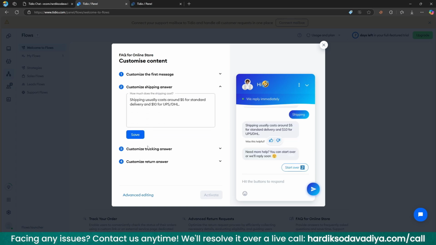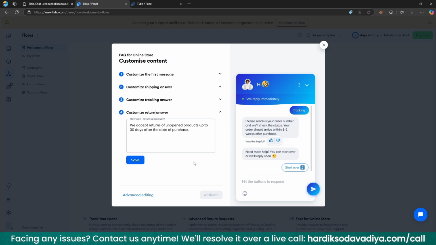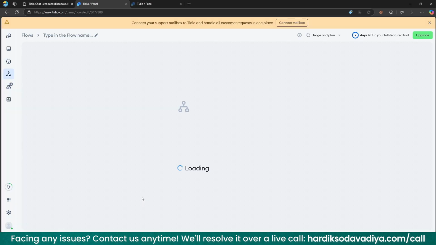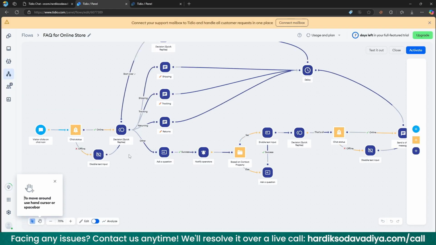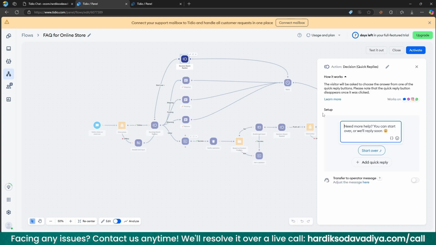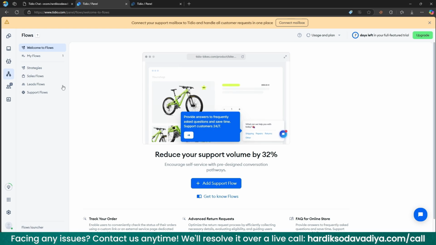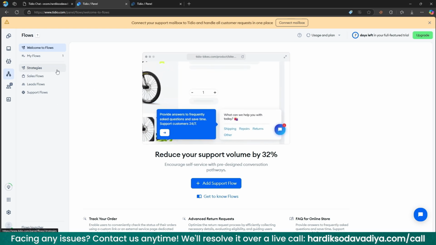After you write down your answer, you need to click on save and then activate it. You can also use the advanced editing option, which will give you this kind of dashboard. If you ever create flows in Make AI, you can understand this flow and create your custom flows for your AI chatbots. You can also customize this step by clicking on it and customizing the message. You will find various flows in the flows option and you can set them up as per your requirement on